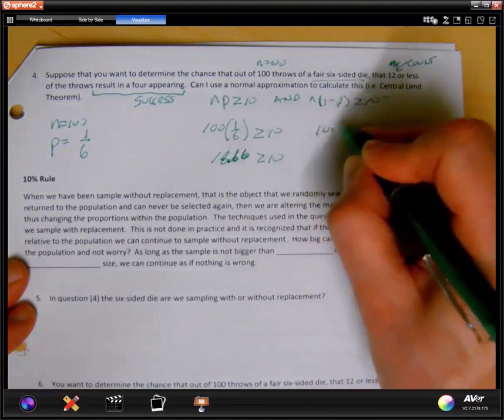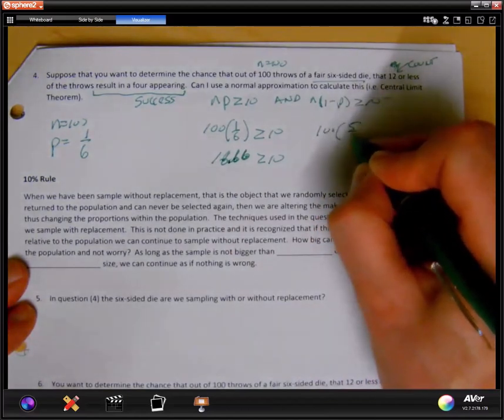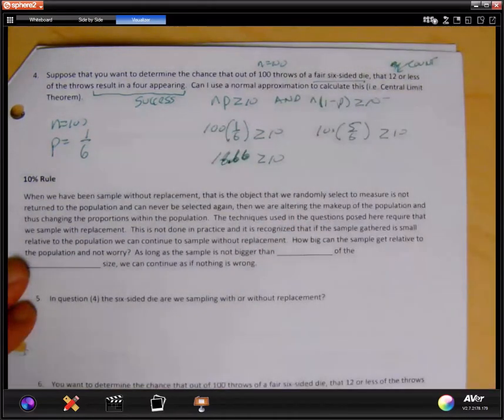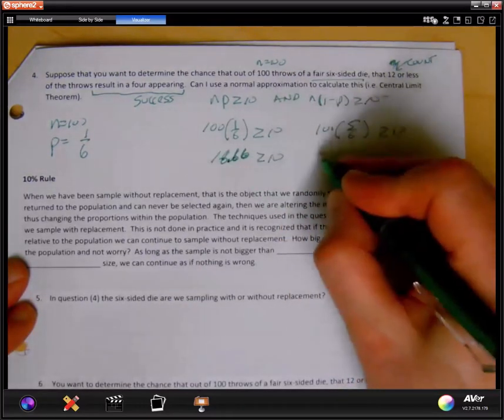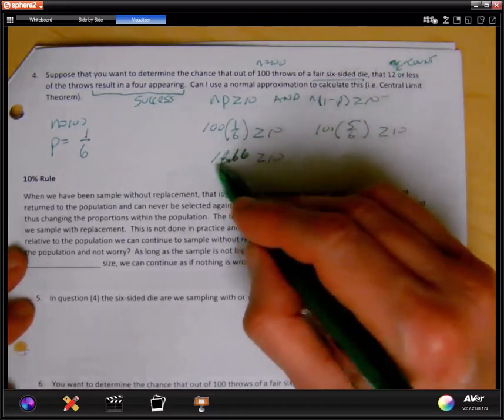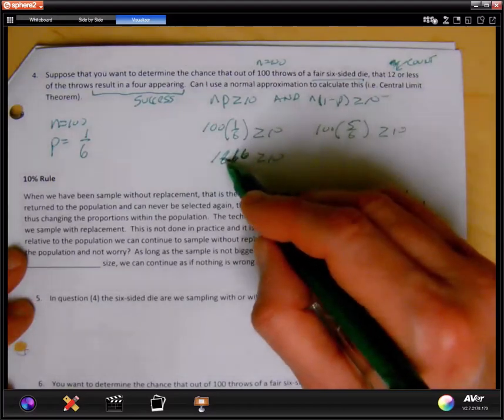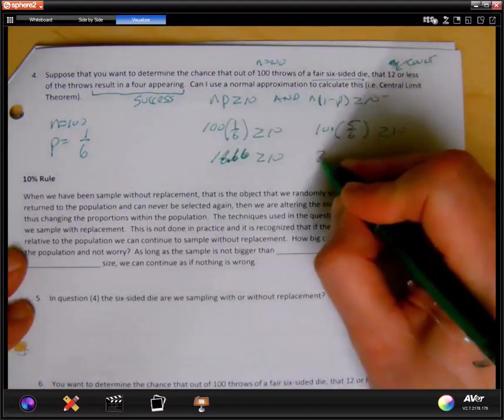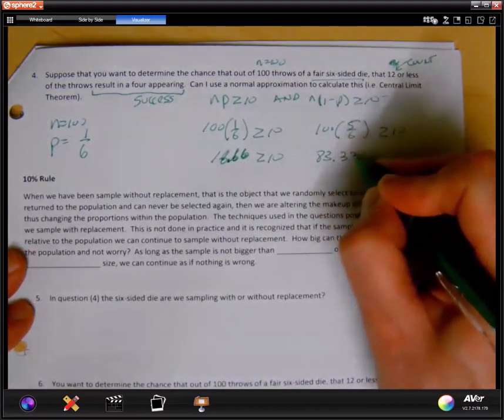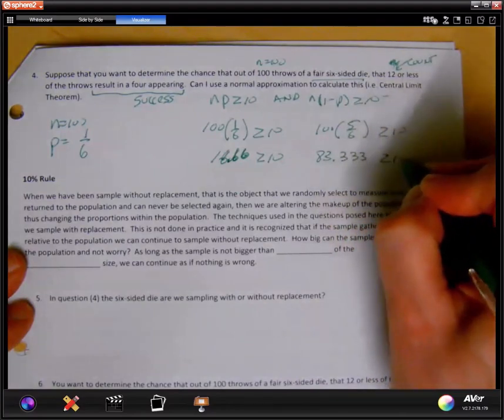So when I do 100 times, the chance of failing is 5.6. Is that greater than 10? And the answer is yes, because the rest of these have to be failures. So if I round this, it'd be 17, that would give me 83. So in reality, it's 83.3333 and so on. So clearly bigger than 10. So yes,